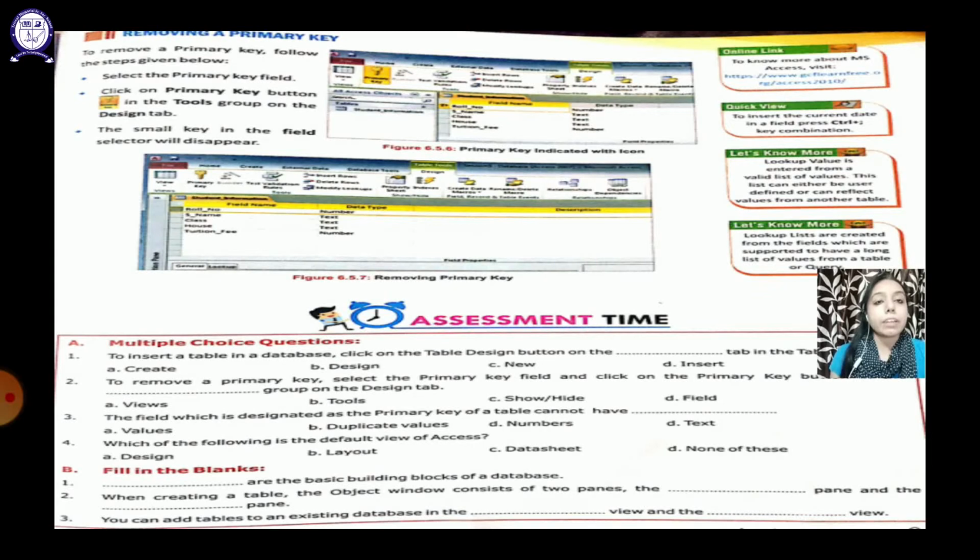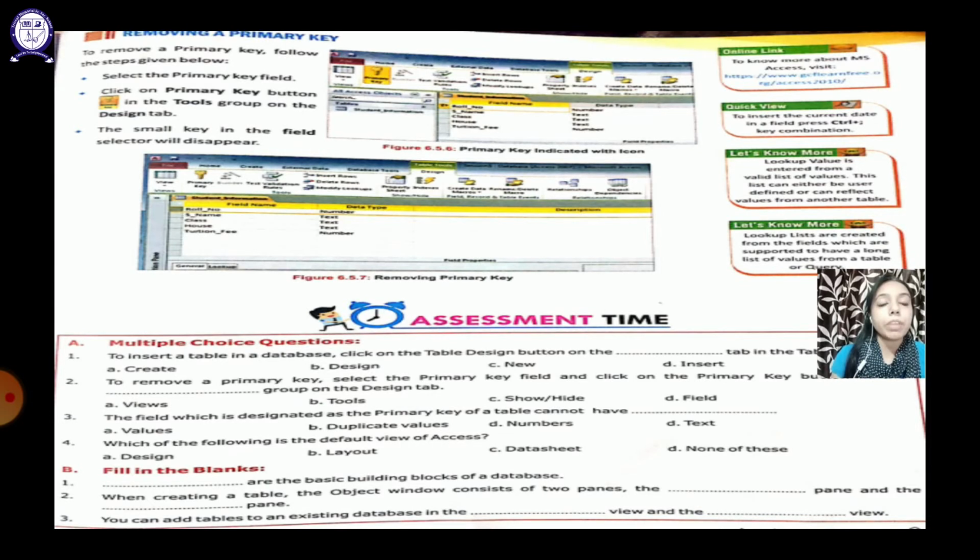Sometimes we have made a column a primary key and we want to take some other column as the primary key. We know that in a table there can be only one primary key, that is, only one column can be set as a primary key. So in order to make the other column a primary key, we have to remove the first one. How are we going to remove it?